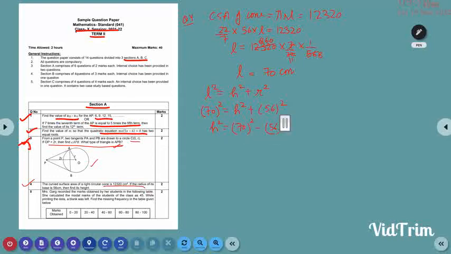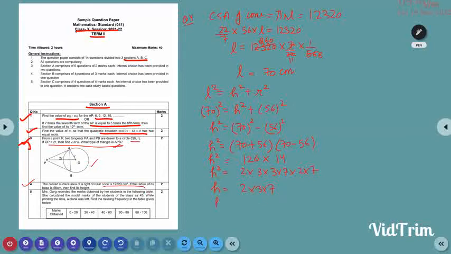And then we can use the identity A square minus B square. So H square will be equal to 70 minus 56 in one bracket, and in the other bracket it will be 70 plus 56. So H square is equal to 70 minus 56 is 14 and 70 plus 56 is 126. And then we have to find the square root of this 14 into 126. So we are going to factorize it. Factors of 14 are 2 into 7 and factors of 126 will be 2 into 3 into 3 into 7.